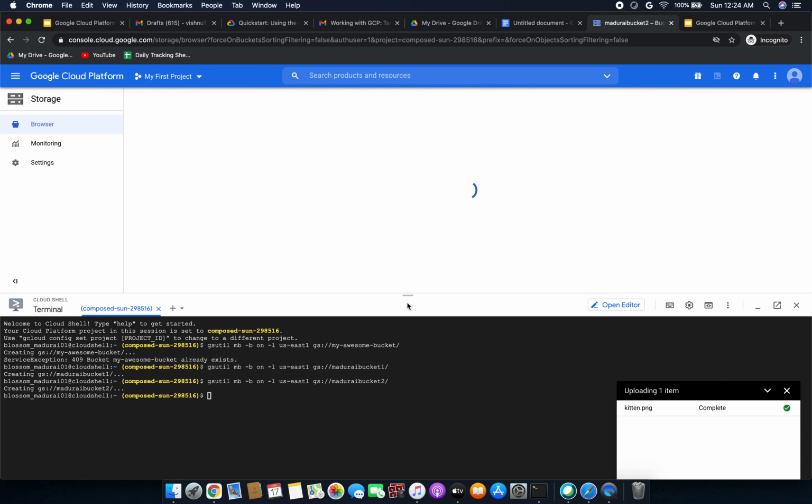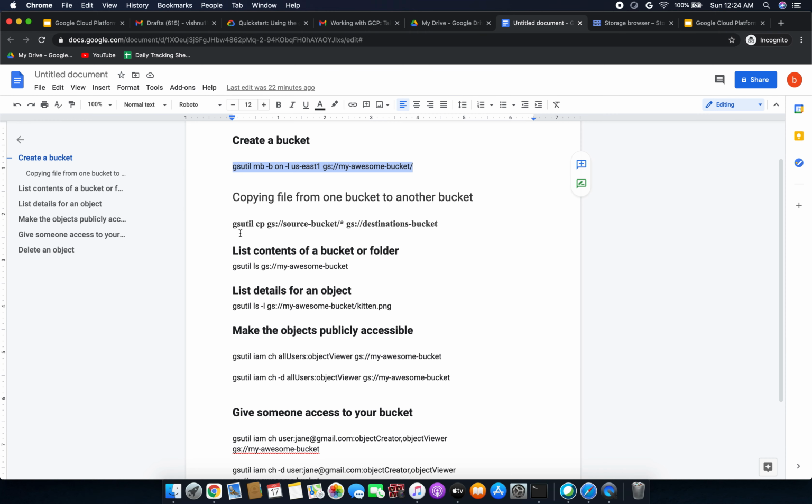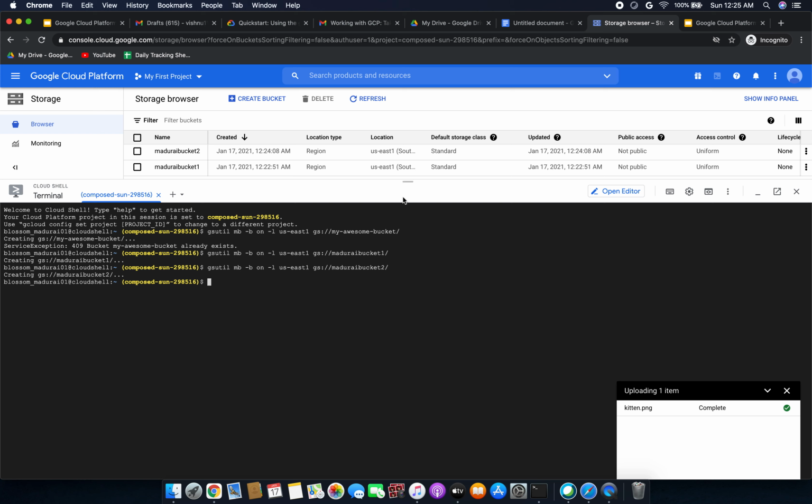Okay, so I am going to use the commands now. By using this command, we can copy the files from bucket 1 to bucket 2.